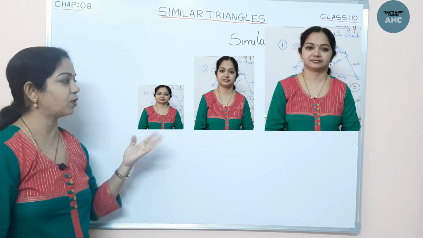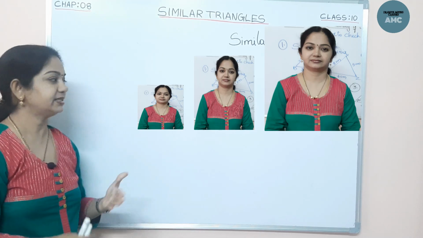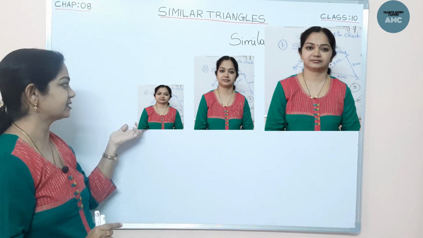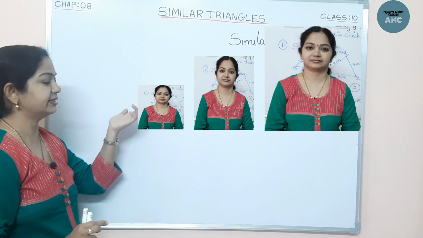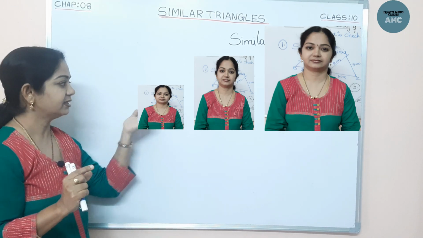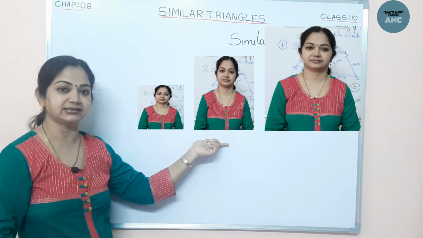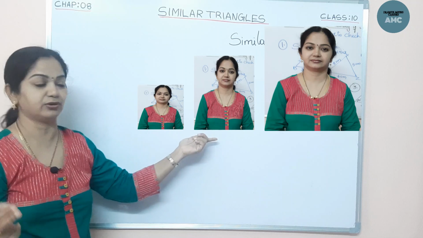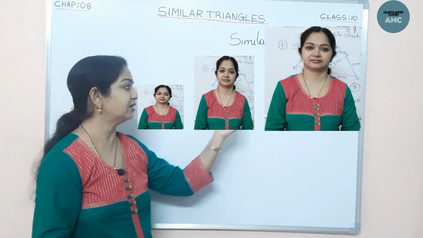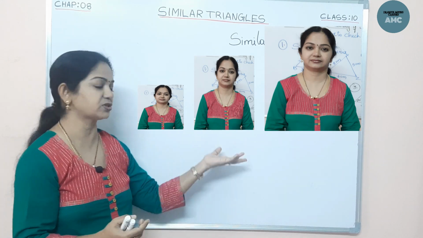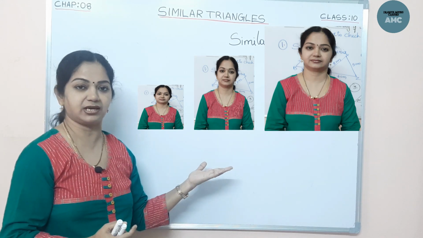From this, what can we infer is that, see, the first photograph is a bit diminished. That means it has been contracted, like it is in this stamp size. We know the stamp size photographs. Now, the second photograph here is in passport size, which you use for your applications and all. The third photograph is enlarged size. You can call it postcard size also.